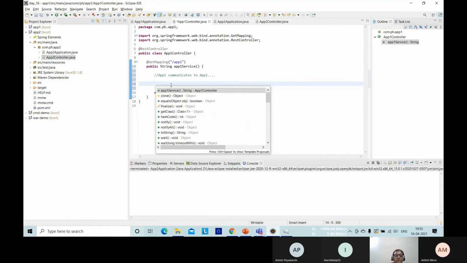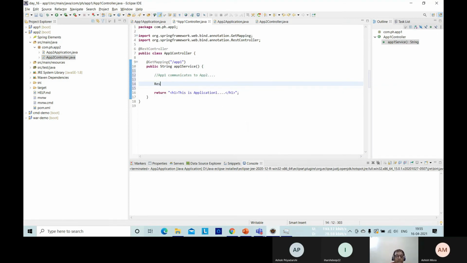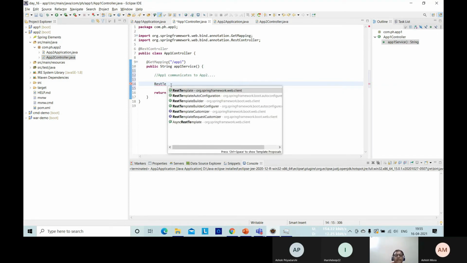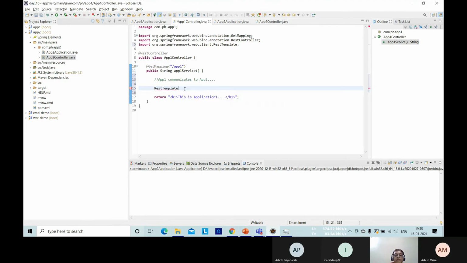Let me type RestTemplate. Look at it. RestTemplate is the central class of the Spring Framework, which is used to share resources.